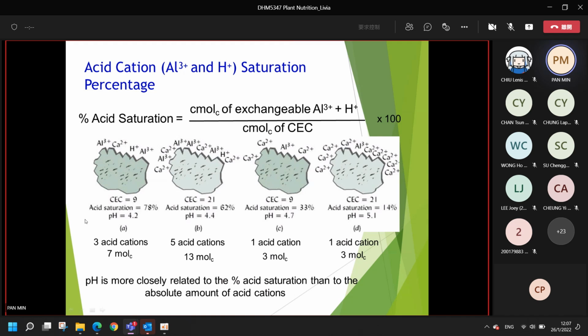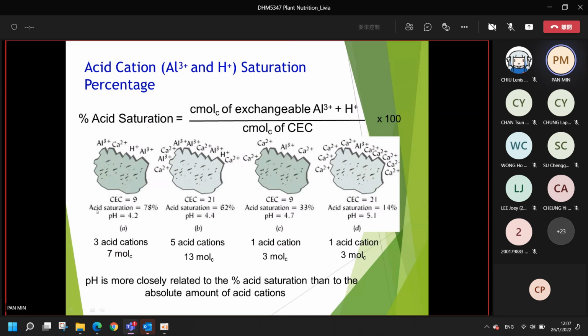And you can see that in these two types of soil, type A has an acid saturation of 17.8%, and type C has a lower acid saturation. Which one is much better for the plantation? The answer is type C, because even though both of them have a low CEC,